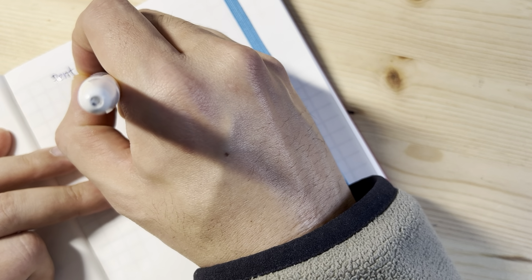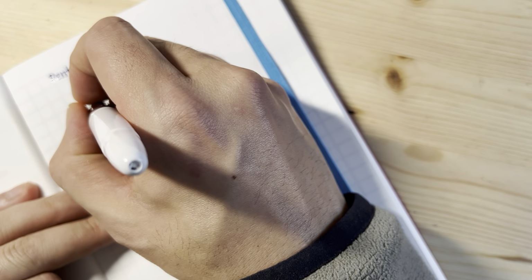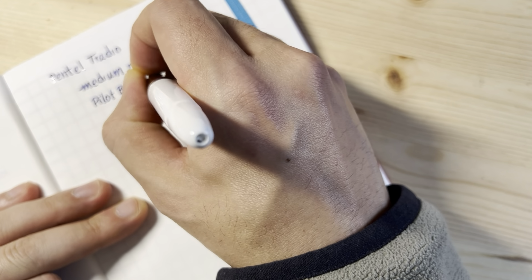I could only find this pen in a medium nib. I'm not sure if it's available in others. And this is Pilot Blue Black. This pen is